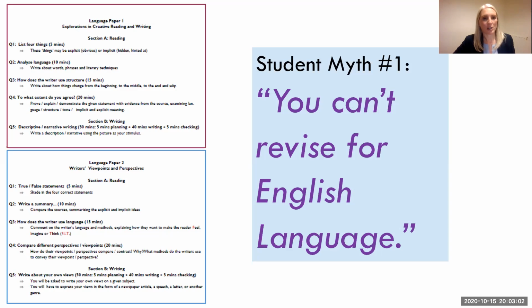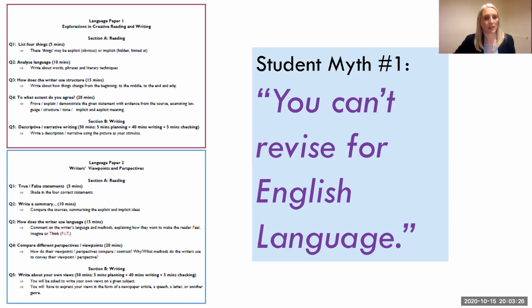And then if we move to paper 2, it's the same again, 4 reading questions followed by a writing question. Again, the questions don't change year on year, the stems are always the same. Question 1 is a true or false statement. From a bank of 8 statements, you have to identify the 4 which are true. Again, it's like a ladder. Question 1 is really just testing whether the children have understood the paper, can they identify the correct information?